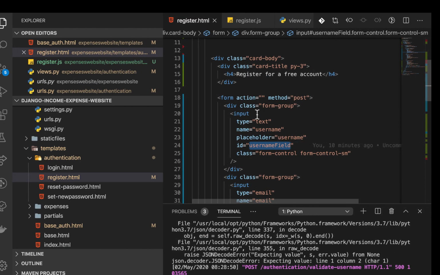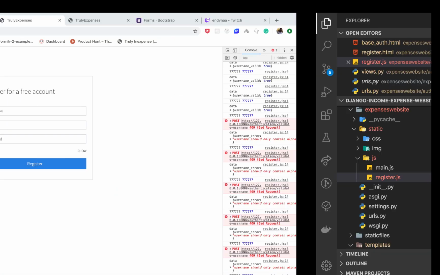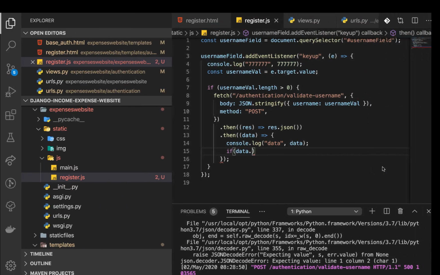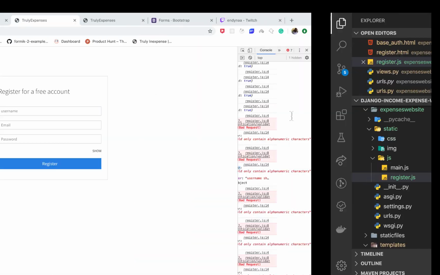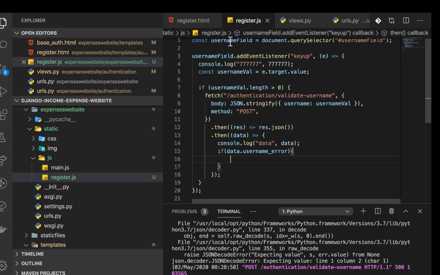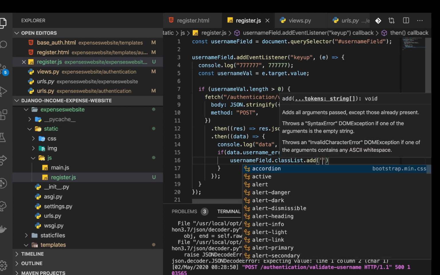The way we do that is by looking at the username field and adding a class. So here we can say if data, then we are going to check for username error. We want to check if the username error is there. So if data.usernameError, then we want to add a class that turns this red. The way we do that is we get the field, which is here username field, then we say classList.add, and we are going to add a class called